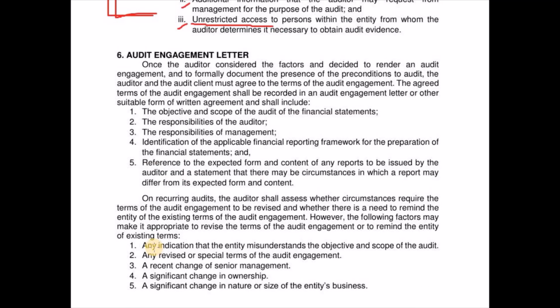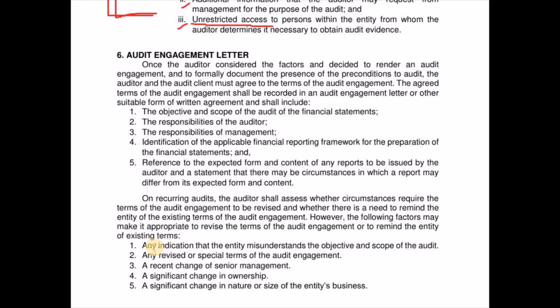So, karon, once the auditor consider the factors, katong tanan factors in accepting the engagement, and decided to render an audit engagement, then, to formally document the presence of the preconditions to the audit, the auditor and the client must agree to the terms of the engagement. So, the agreed terms for the audit engagement shall be recorded in an audit engagement letter or other